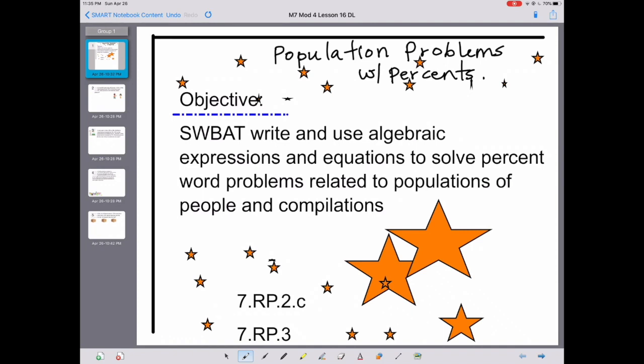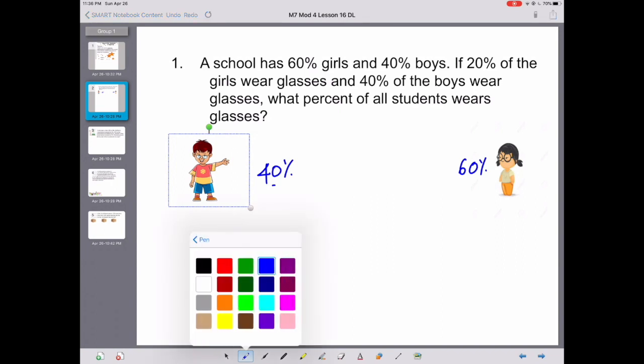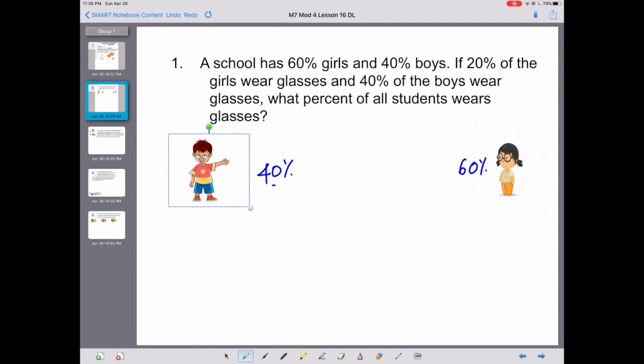Hi guys, today we're going to do some population problems with percentages. We have to introduce our variable. Why do we need variables? Because we have to write it in an equation. So let's take a different color. Let's introduce the variable. Let n be